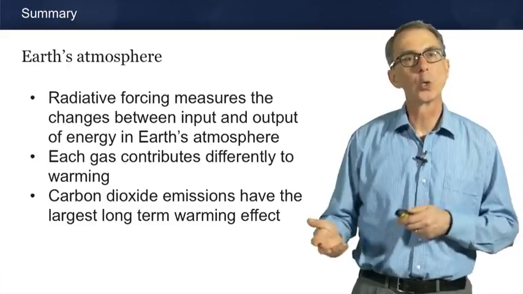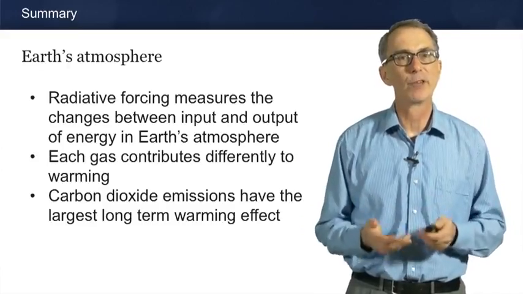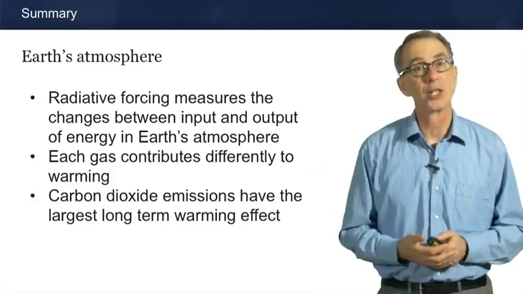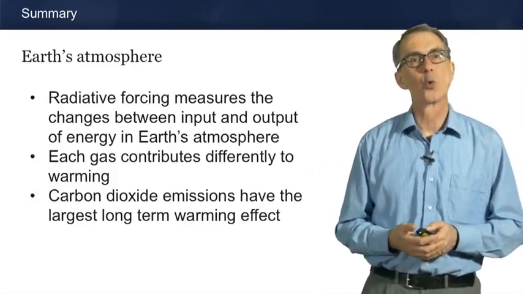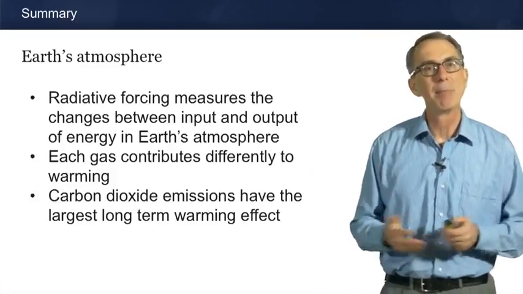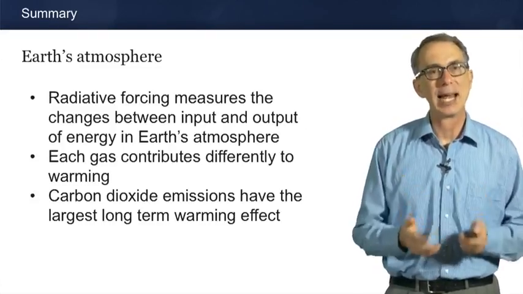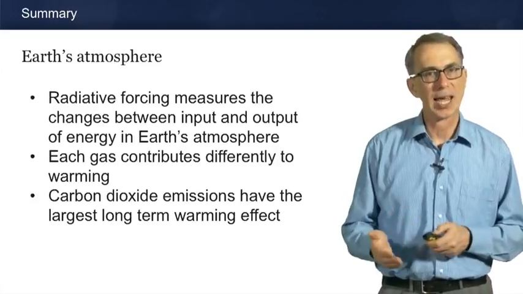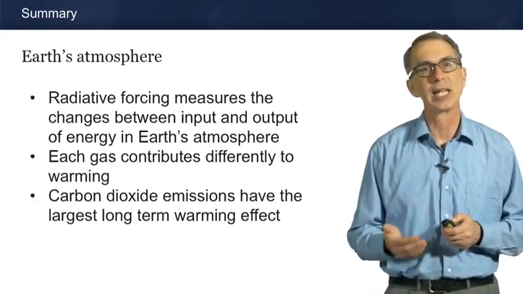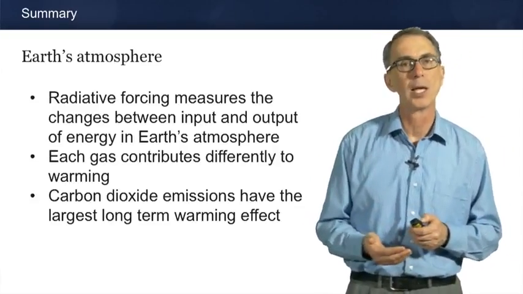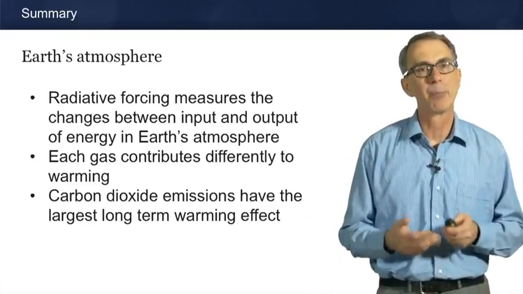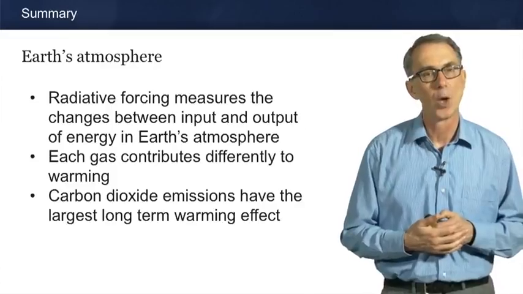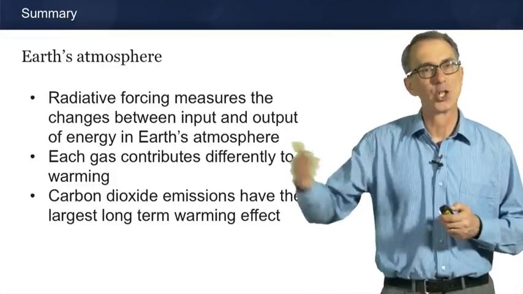when we want to look at the relative impact of different gases in the atmosphere affecting the greenhouse balance or even affecting the climate, we use this metric called radiative forcing. It measures the change in radiative balance at the top of the atmosphere. Different greenhouse gases have a different contribution, and we can use the global warming potential as measuring the relative importance if we emit 1 tonne or 1 kilogram of a gas,